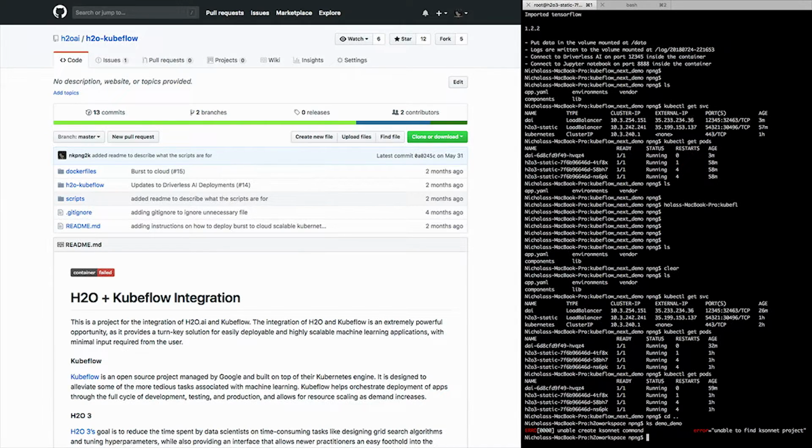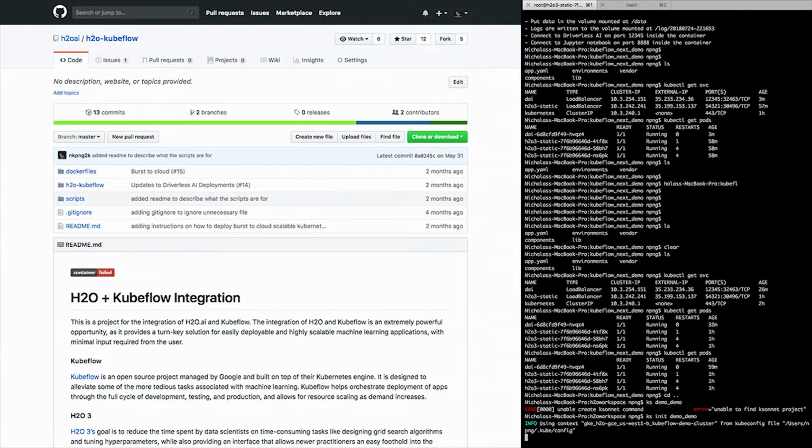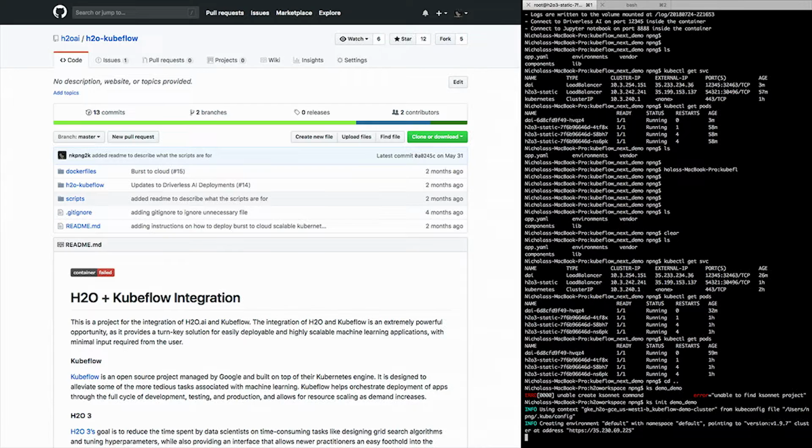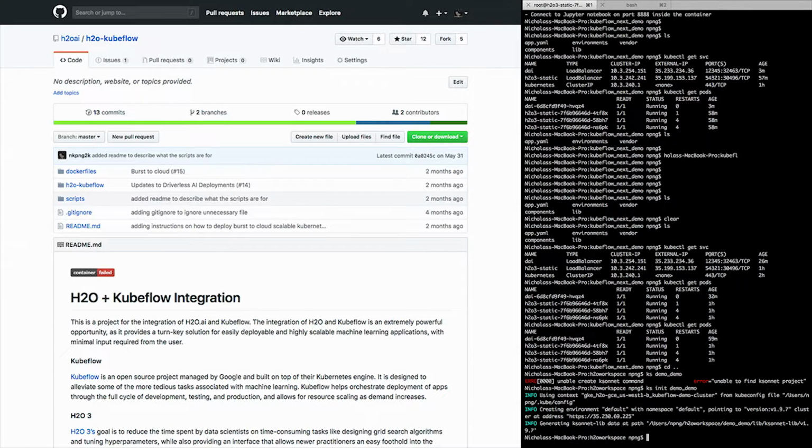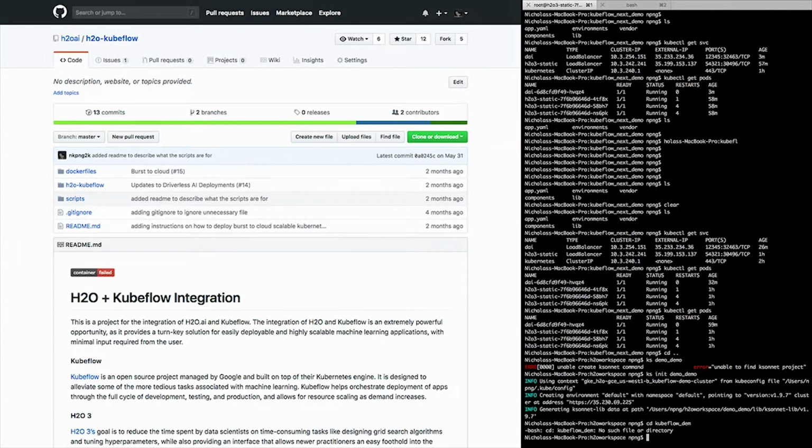what that'll do is create, ks init demo. What that's doing is creating a folder, organizing kubectl to point to that specific folder, and basically setting up the runtime environment under which you can deploy KubeFlow, as well as deploy anything else within that area. So now we'll go back to the KubeFlow demo here.